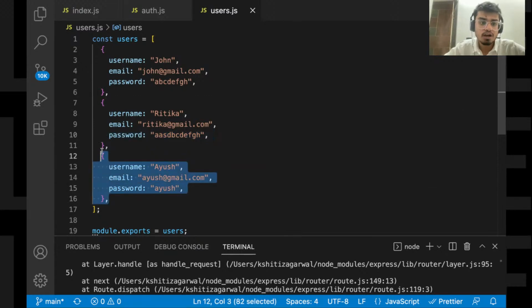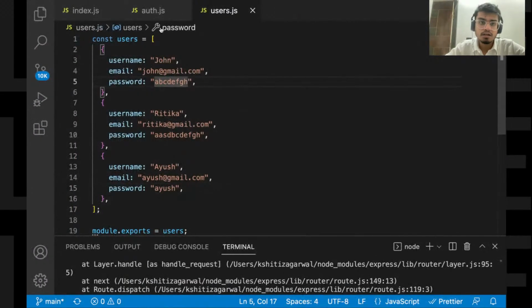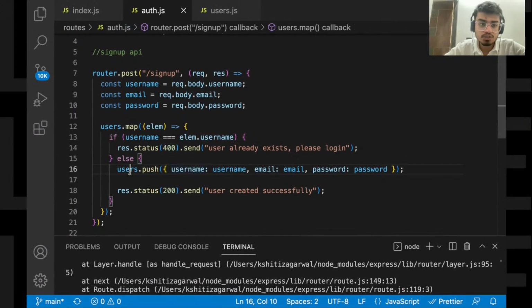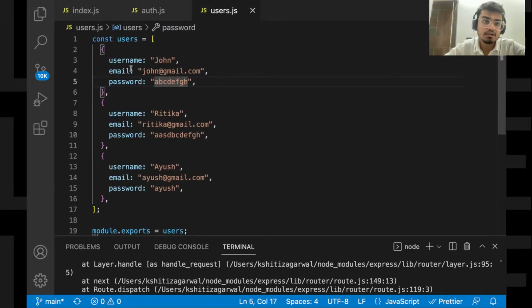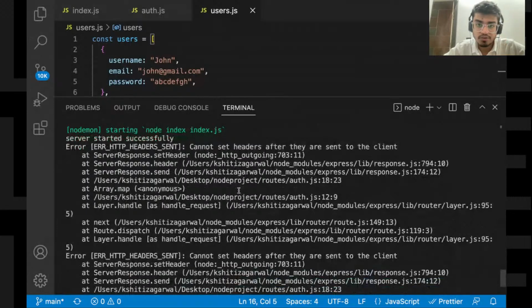Otherwise, a new user would have been pushed here with the details provided. Right now we are using an array over here, so similarly, one entry should have come, but since it is not possible, we'll have to go away with it.